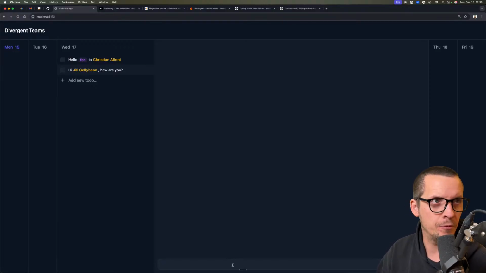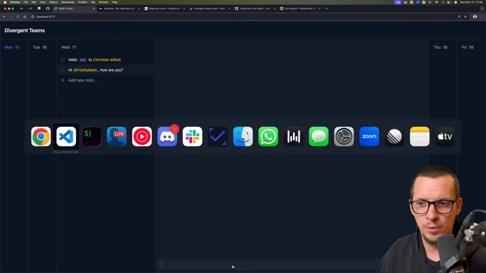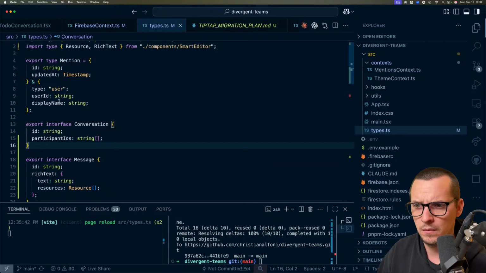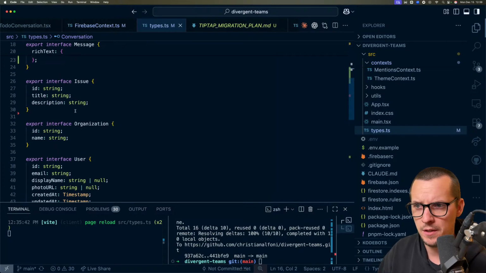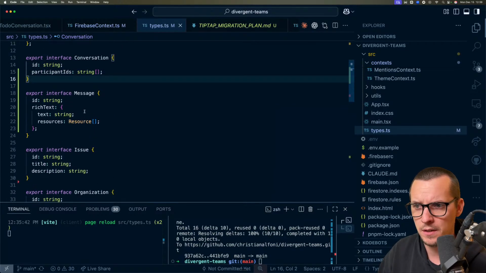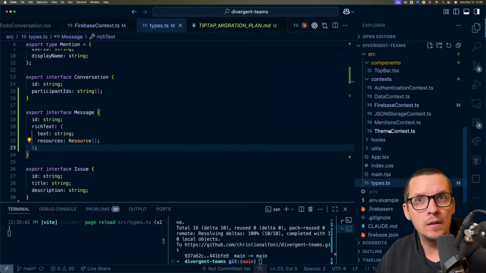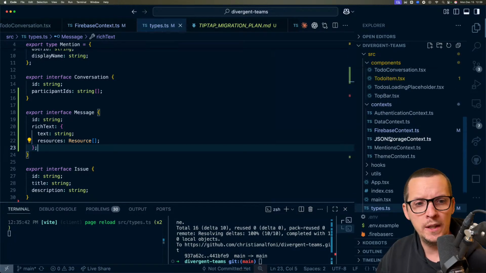Okay, I'm kind of pumped for this. Let's implement it. So we have participant IDs. We have ID. That's all we need. And then we have a message, which is a rich text thing, which has resources. Yeah, this is great. Okay, so first of all, we need a hook,